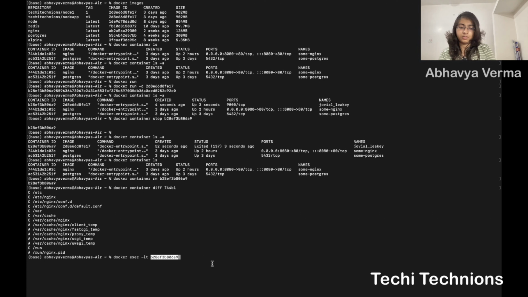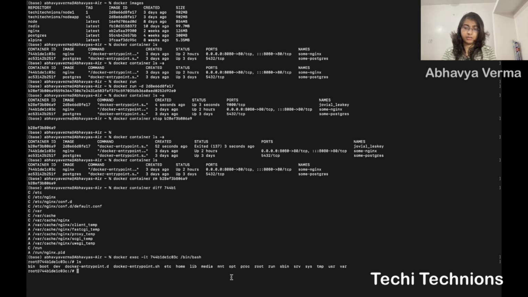Sorry, let me copy it, okay, as /bin/bash. So I entered as the root user. If I do ls, you can see the list of directories and everything.